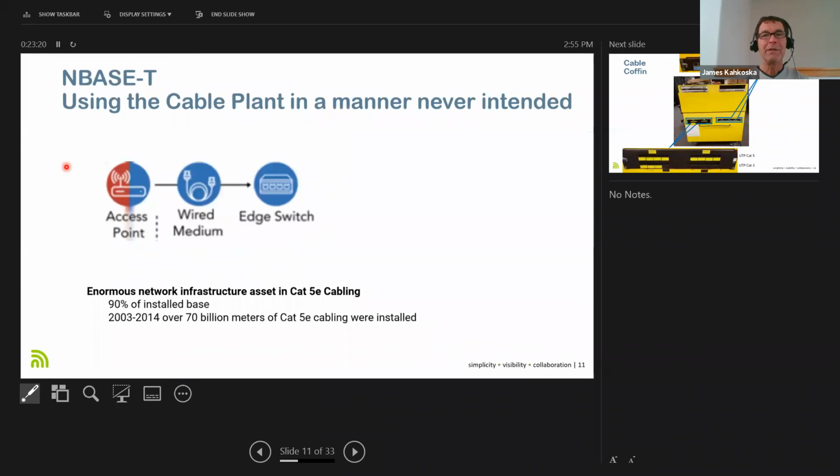So the one thing that's just fascinated me from the get-go is N-base-T, right? Because the reality is the vast majority of cabling, Cat5 cabling, was installed before more than gigabit existed. And it's interesting that really N-base-T was Cisco, I believe, saying, hey, we want to sell